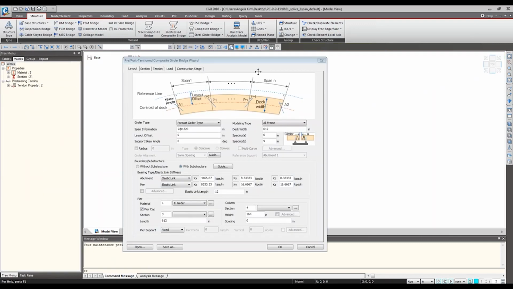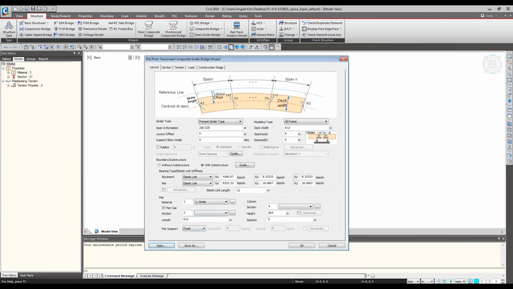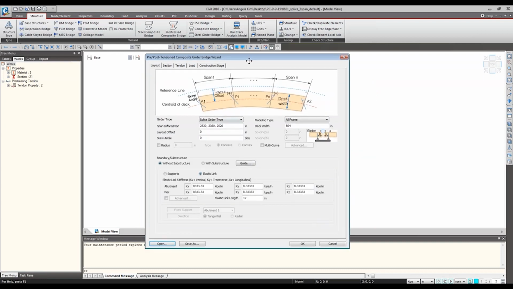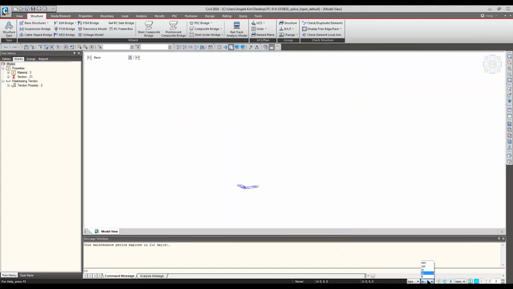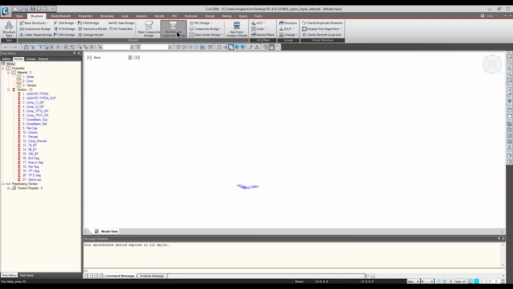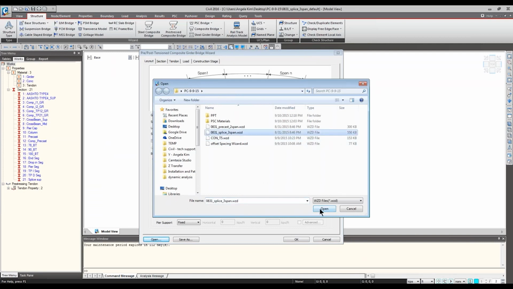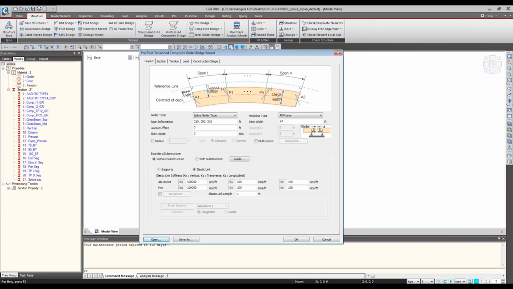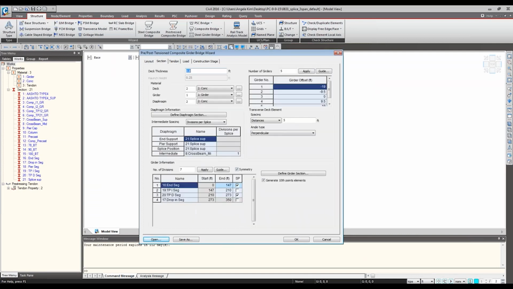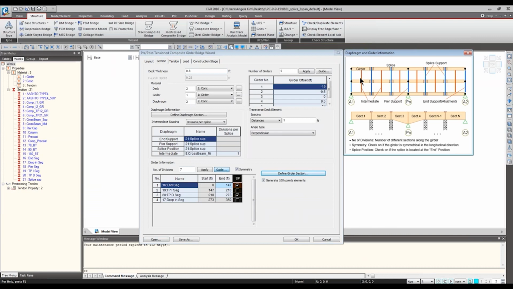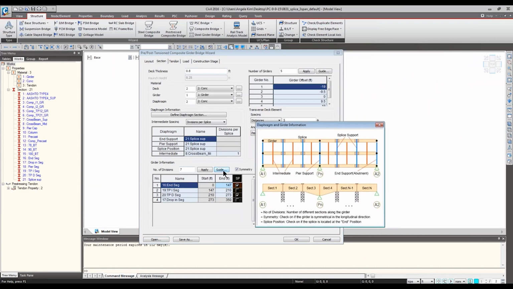Okay, so I have 2 more examples to show you. For the splice girder one, for the sake of time, I'm going to show you the input that I put in before. So just quickly change my unit setting to feet. Okay. So basically for the splice girder type, the minor difference is that you can specify the splice girder location like this over here by checking on the guide option. When you check on the guide here, it's going to tell you exactly what these are.